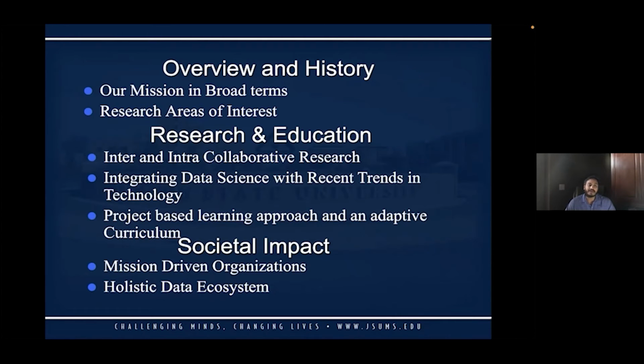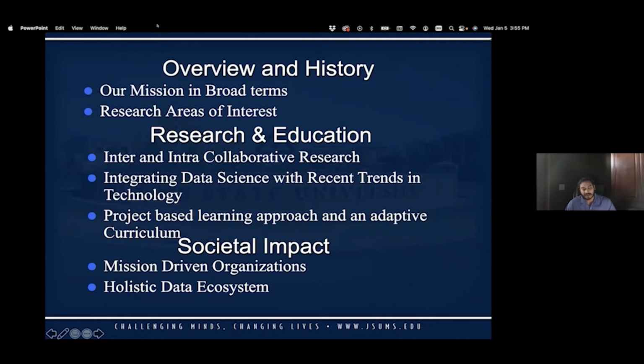We have been having good data sharing platforms and collaborations with industries and research institutions within Jackson. Integrating data science with the recent trends in technology is one thing that we have been trying to focus more on at Jackson State University, like integrating data science with blockchain technology and being able to educate